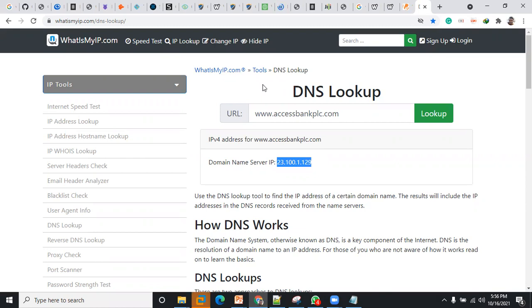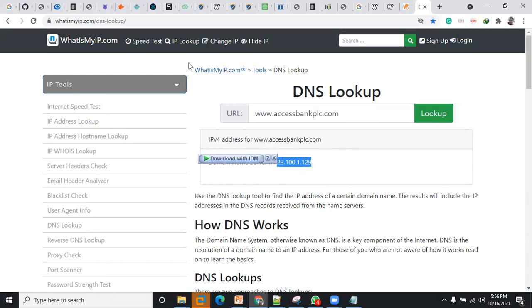Thank you, sir. All right, like I was saying to you guys, you can see that, for example, AccessBankPLC.com, this is the IP address, right? This is what we as users know, but this is the IP address. Now, if a user comes to this particular site and gets the exact IP address, right? This is part of information gathering, right?